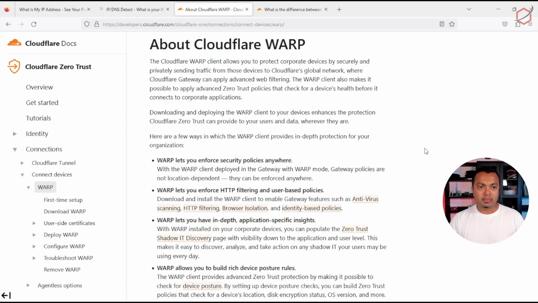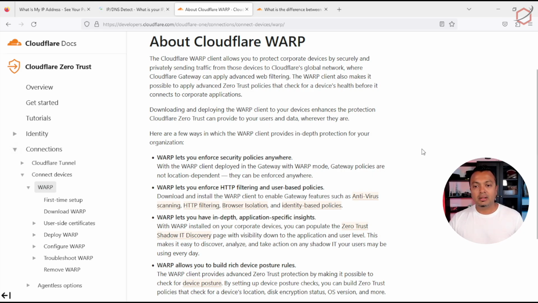Cloudflare WARP is part of the Cloudflare Zero Trust platform. It's a piece of software you install on your endpoint device, a client for Windows, macOS, Linux, iPhone or Android. That client will set up a VPN connection, creating a VPN tunnel to the Cloudflare network. So when you have that VPN connection running through the Cloudflare network, Cloudflare can do some